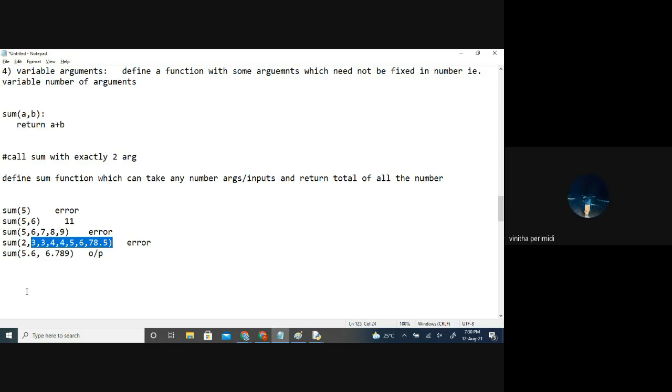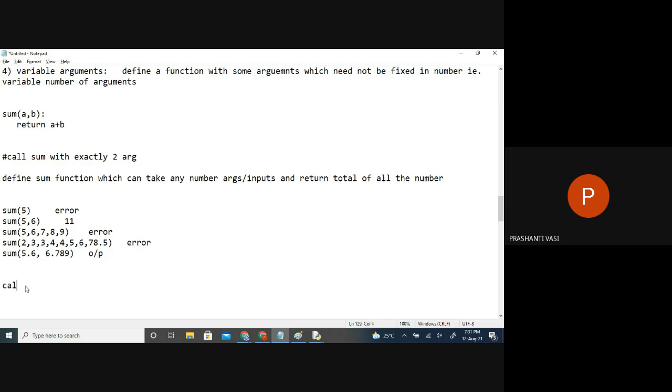Fine. Okay. So now I want this also to execute. We should not get an error on all these things. Just like you're taking a small calc, and in that calc we have a text field where you're typing all the numbers, 2 plus 3 plus 5 plus, you entered all the numbers, and at a time you said equal to. It should add all these numbers and give an answer back to you, right?